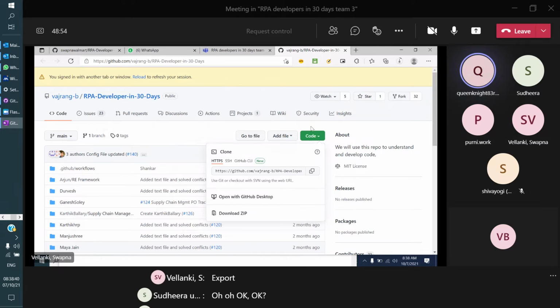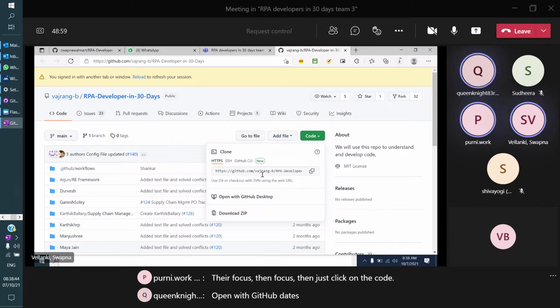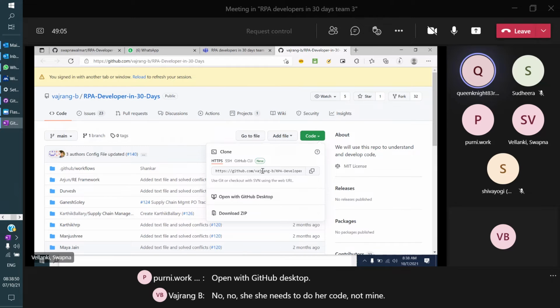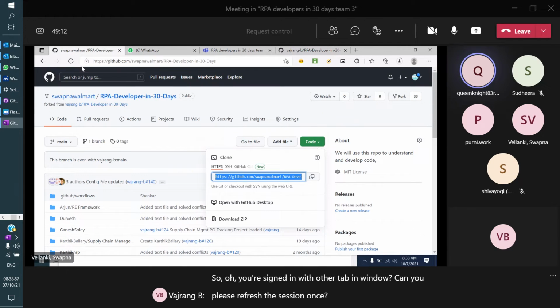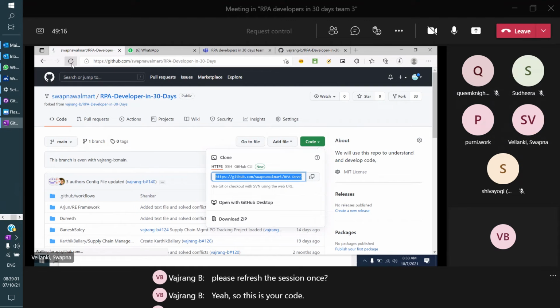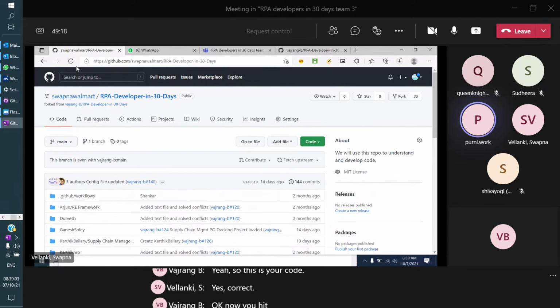You're signed in with another tab in the window. Can you please refresh the session once? Yeah, so this is your code. Yes, correct. Now hit open with GitHub Desktop.